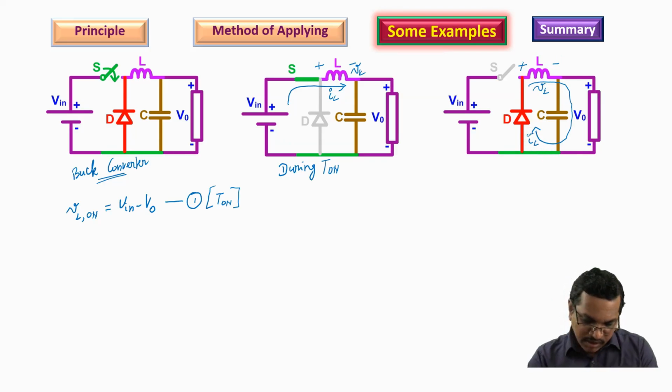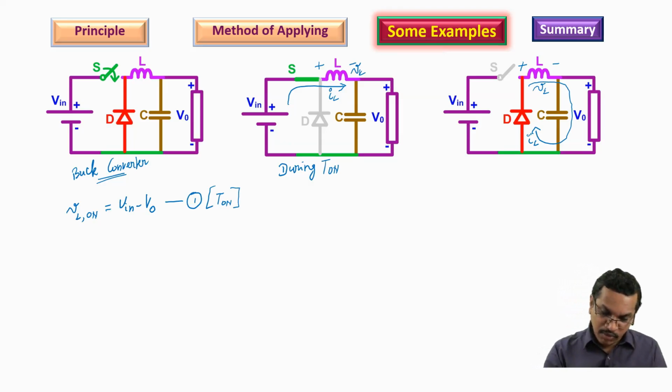But for applying Volt-second balance, I will retain the voltage across the inductor, because if I reverse the voltage and reverse the current direction, that will be reversing twice. I am not doing that. So just take the voltage across the inductor, or retain the polarity of VL. Now again I apply KVL.